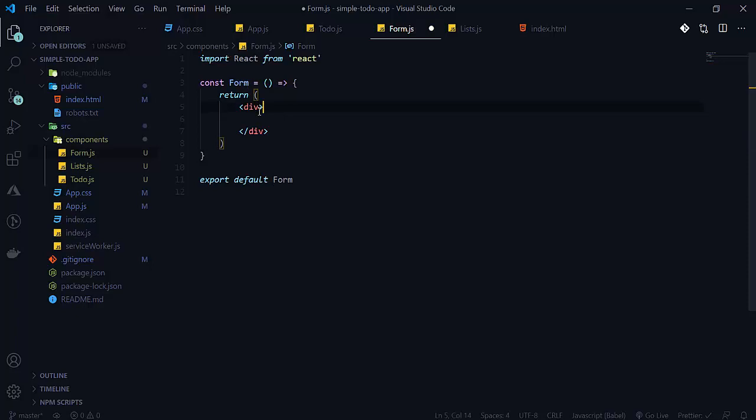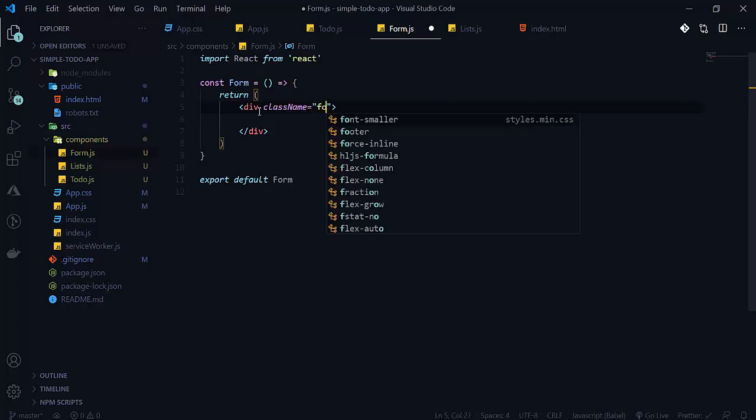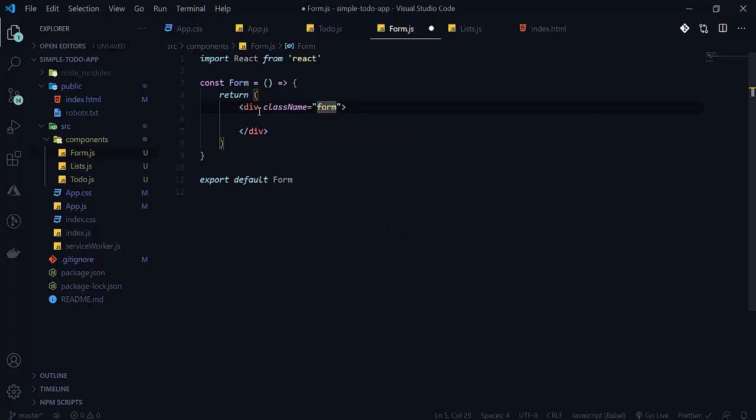Here will be our class name, our form. So after that we will use form here.